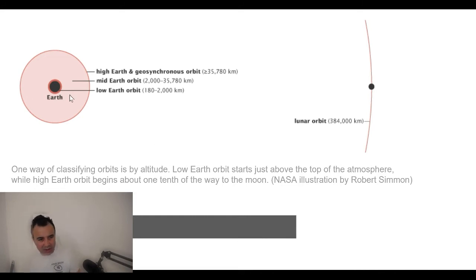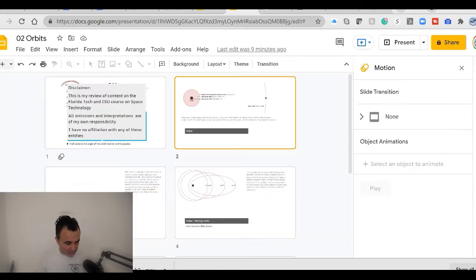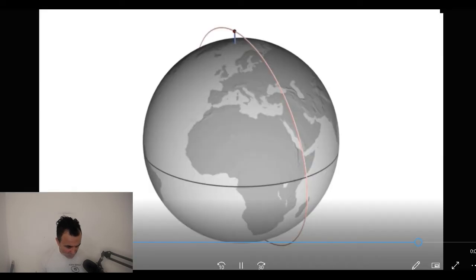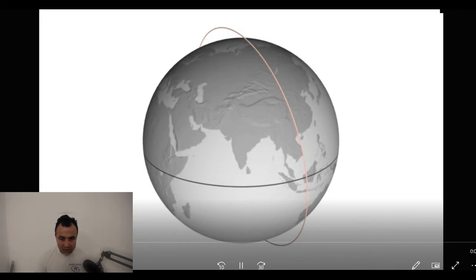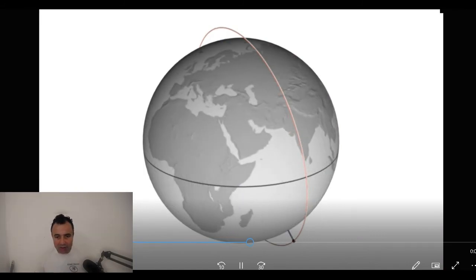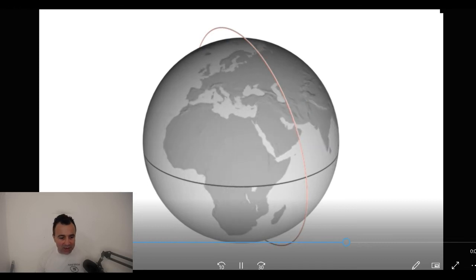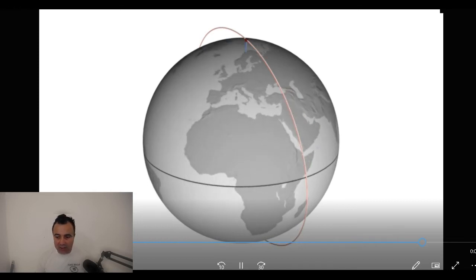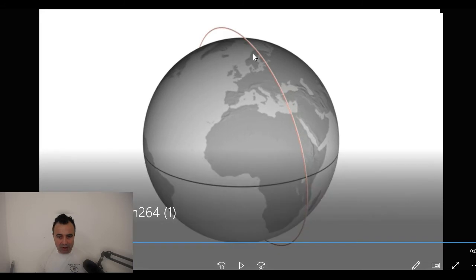These are excellent illustrations by Robert Simmon. Let me play you a video that I found really useful. This one is from a geosynchronous orbit. In red, that's where the satellite is moving, and it's from the same source. Pretty cool, correct? You can see that the satellite is always passing by the same spot, although the Earth is